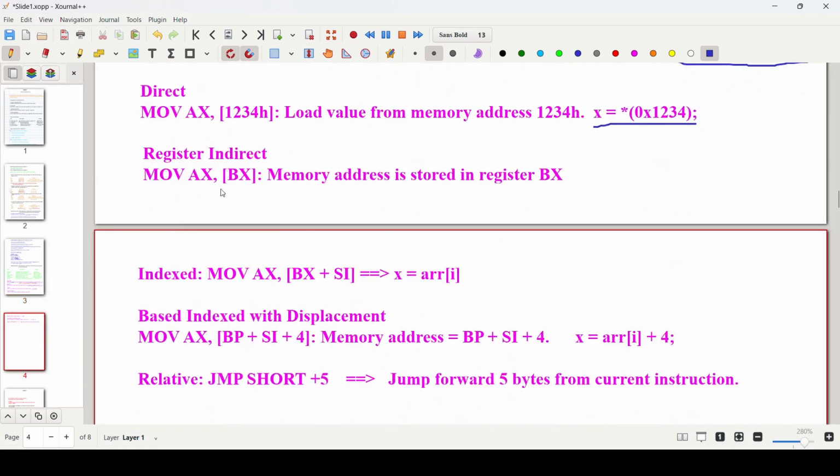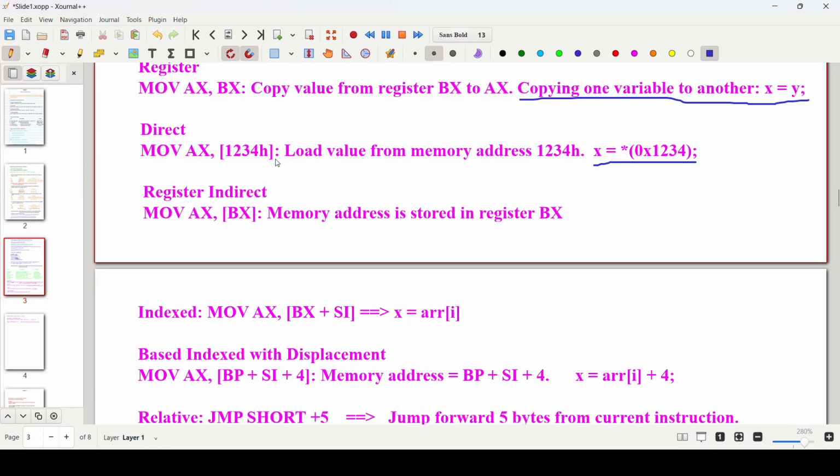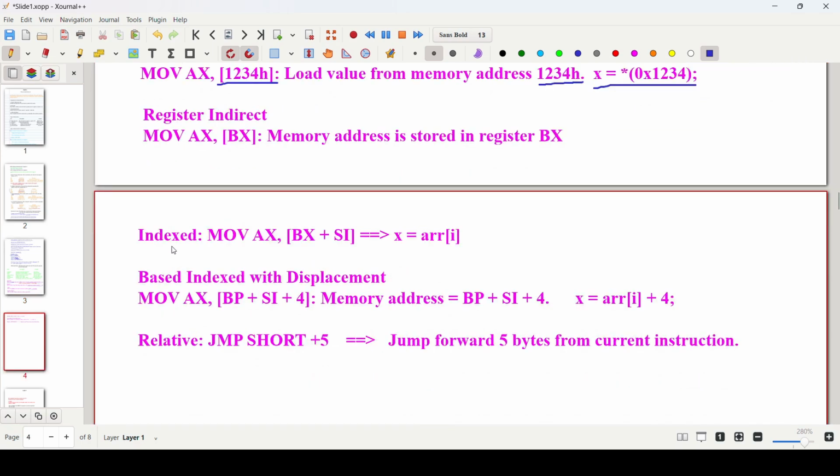Let us move on to the direct mode. MOV AX, [1234] is like loading a value from a memory address. It is also dereferencing: go to this address and load it to AX. It is a kind of dereferencing, as you can understand if you are already familiar with the C language. Then come to the register indirect. It is also like a memory address stored in BX. Then indexed, we have